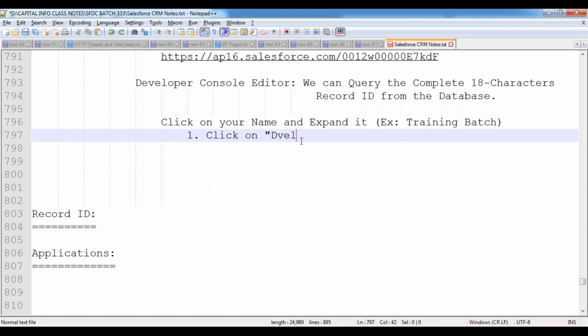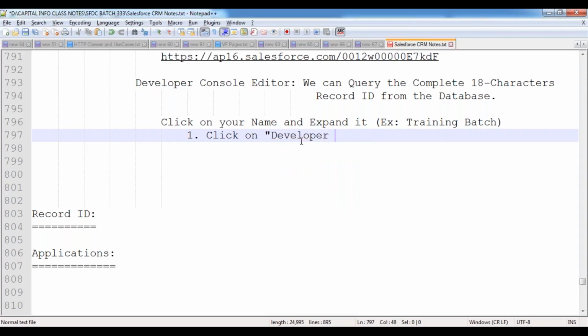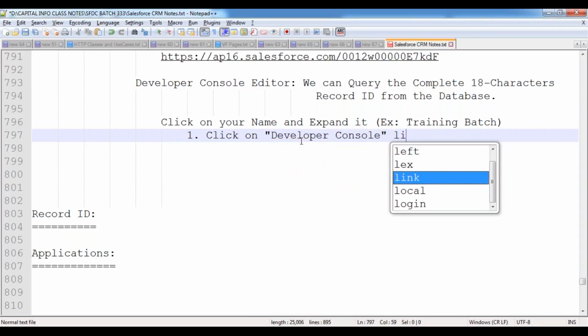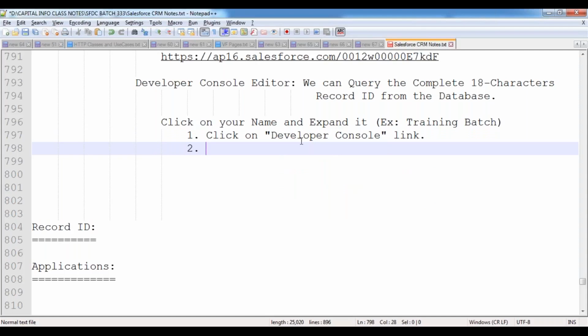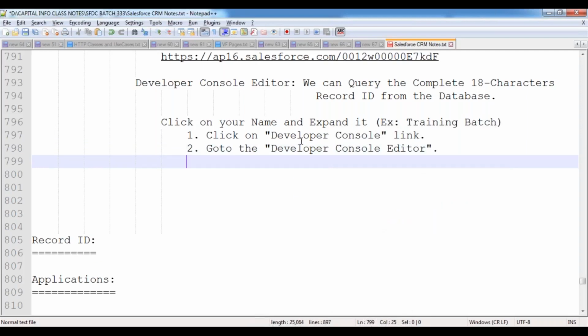Then click on the developer console link. Go to the developer console editor.